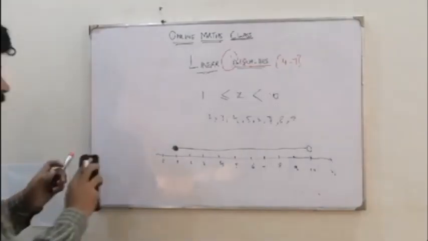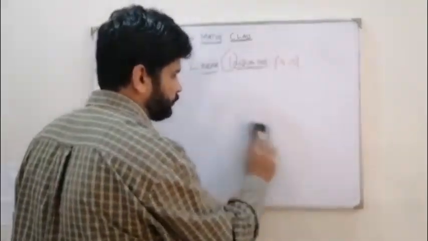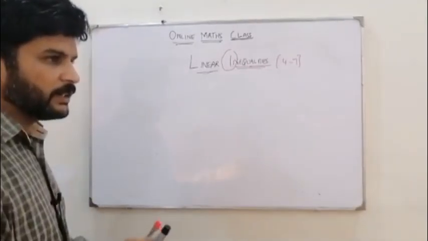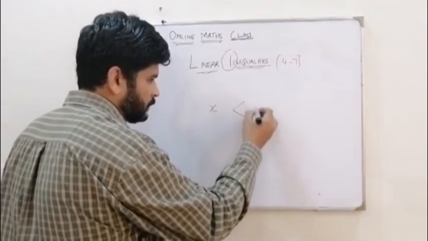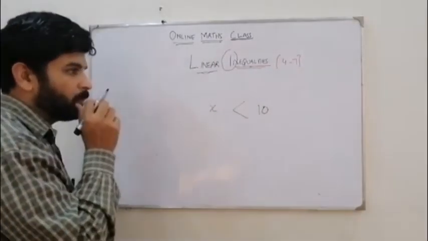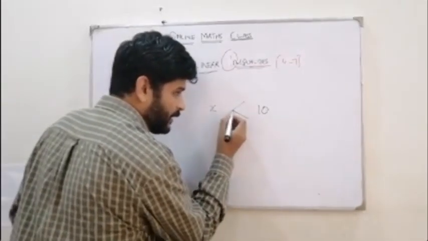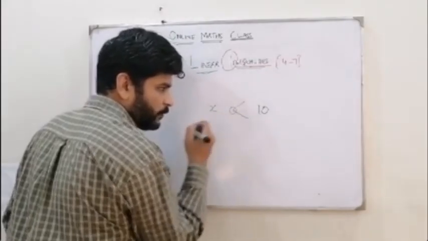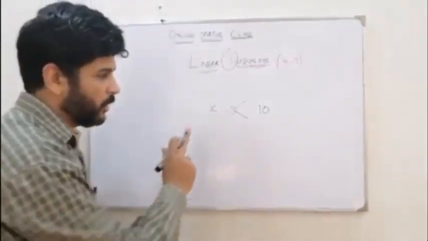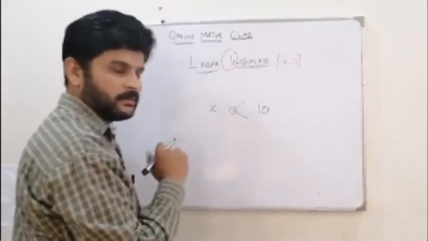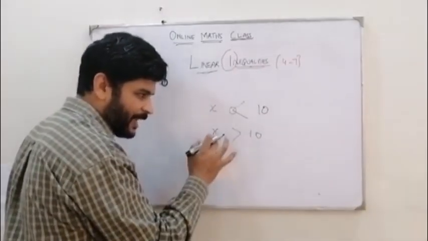Okay, let's go for the next part. How can you identify whether a sign is a greater one or a less one? Like for example, x, you should remember one thing: the pointed face of this sign is always towards the less number. So x is less than 10. If I am going to write this one, so this 10 is less than x,